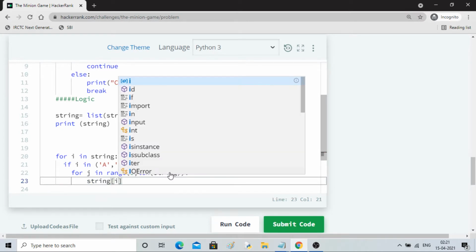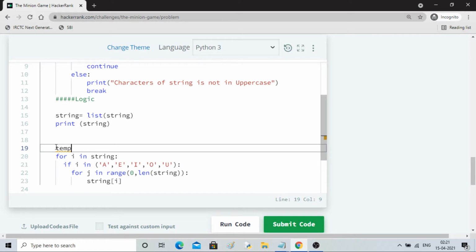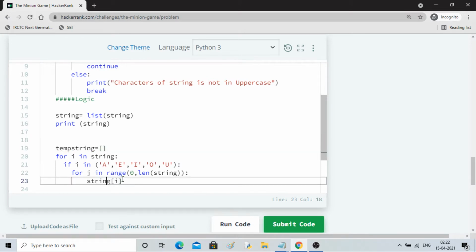Let me make a temporary string, temp string. I'll write j, because one by one I have to go, right?